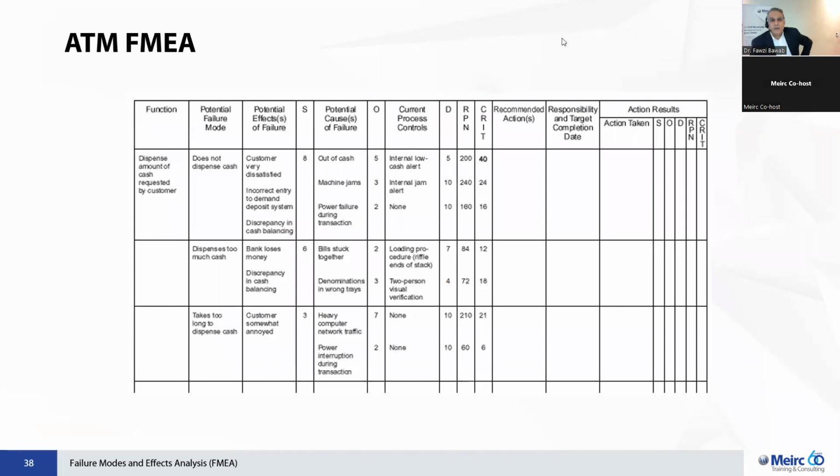Here's also another example where a bank is assessing their ATMs, and they would like to see where would be the highest RPN. So if you look at the RPN here, you can see definitely you have here RPNs of that number. So you must do something here. You must show that you have done your due diligence and you have taken some action to mitigate the risk. And again, I remind you that this is something that is mandatory in certain industries, where you have to show that you're continuously updating this document.